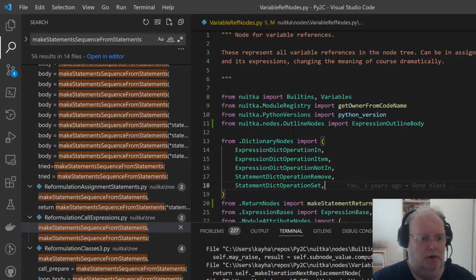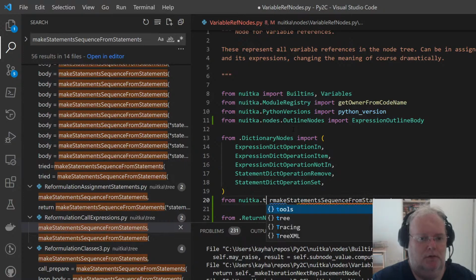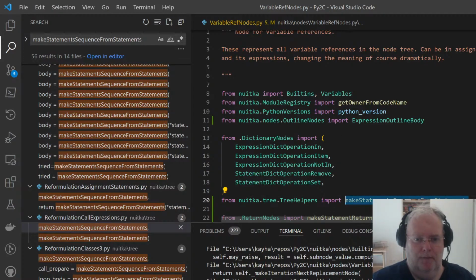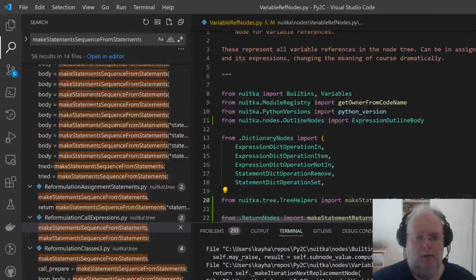Tree helpers lives where? From Nuitka nodes tree help us import. Only need statements, merges them, and so on.